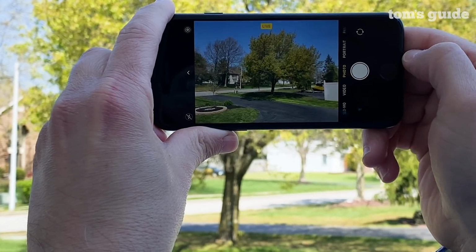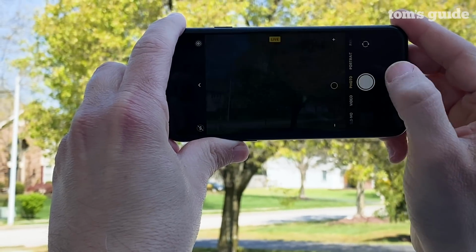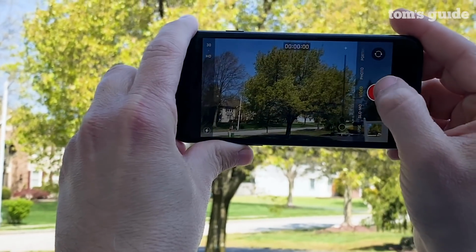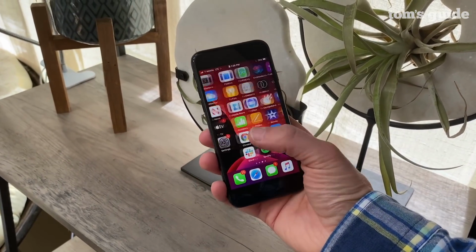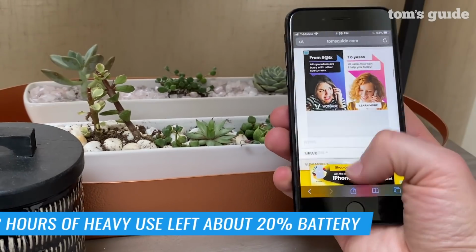The iPhone SE has enough battery life to get you through most of the day based on my tests, but it won't give you the endurance of the bigger phones like the iPhone XR or iPhone 11. After unplugging at 7 a.m. and using the iPhone SE for streaming music, taking pictures, email, and surfing the web, I had about 20% juice